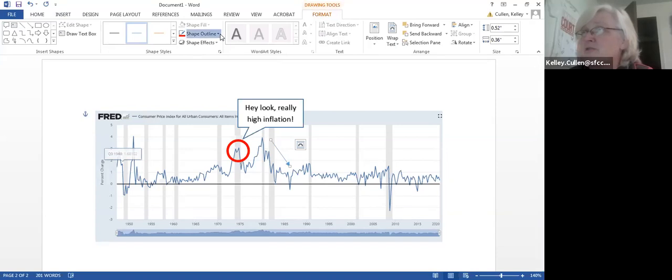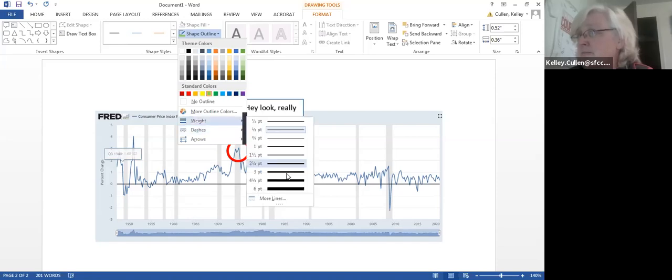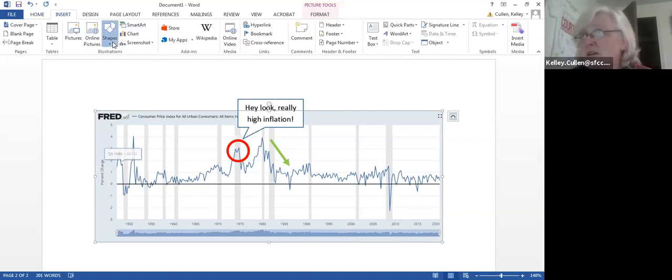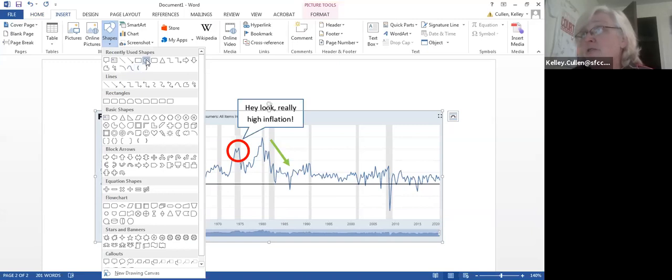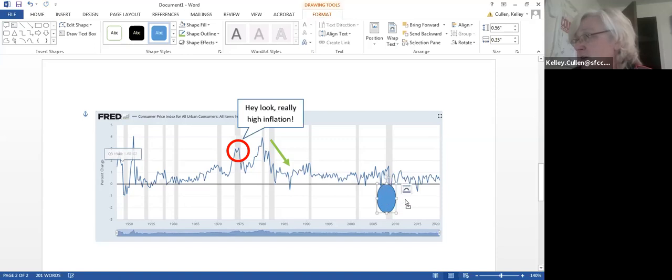And again, you can change the outline, you can change the color. Let's make it green. Let's make it thick, right? Something like that. There we go. Okay. And again, maybe you want to call out this deflation that I see. I would call this out because this is super cool. We actually had a period of significant, and again, you can stretch this guy, make him as big as you